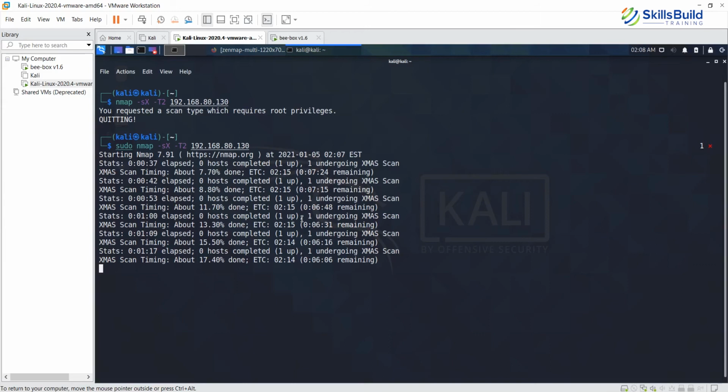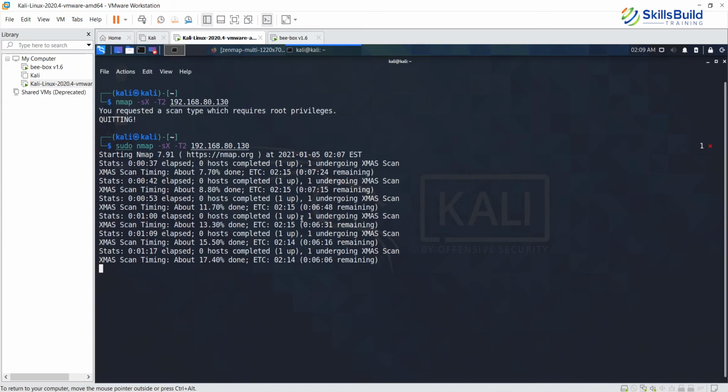After this, we will be running the aggressive Christmas tree scan, and then we will see what other commands. We will also do a command with various other parameters. We'll do the operating system detection, and we'll also do an aggressive service detection.